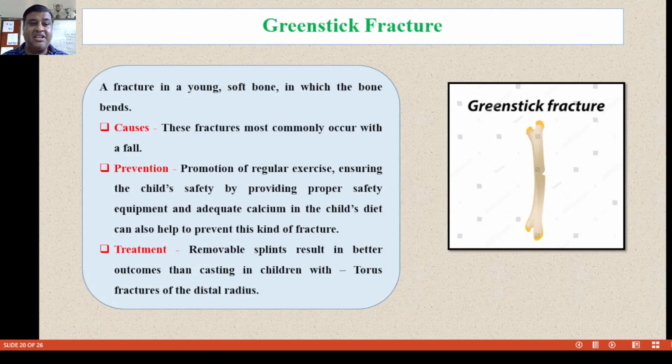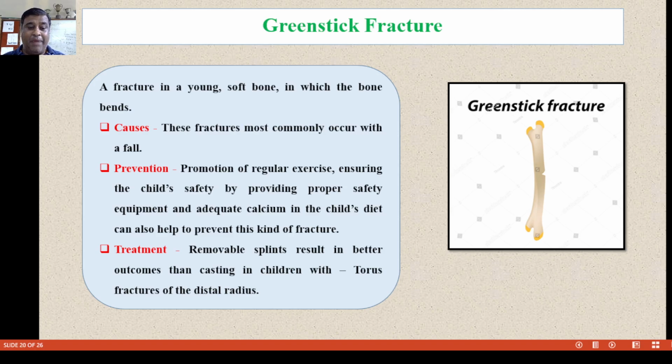Now next is greenstick fractures. Basically, in greenstick fractures, young soft bones are broken. What are the causes? The fracture commonly occurs with a fall. If we fall, then it happens. What is the prevention? Regular exercise, ensuring children are safely provided with proper safety equipment, and adequate calcium provided in the diet. What is the treatment? Removable splint